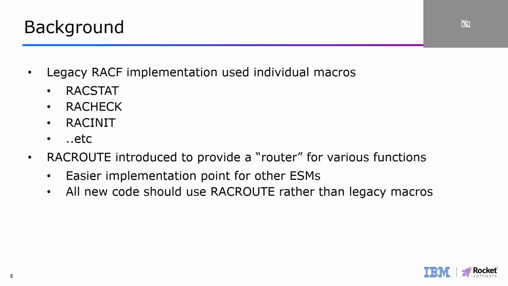Okay, so background, RACF, if you go back to the early days, the legacy implementation, you had individual macros for all of the various RACF services that you call: RACStat, RACCheck, RACInit. We did have at the time other competitive products, ACF2, Top Secret spring to mind. So RACROUTE was introduced to provide a router for all of these functions, which allowed easier implementation for all the other ESMs to get their hooks into the system safely and start doing their flavor of security checks instead of